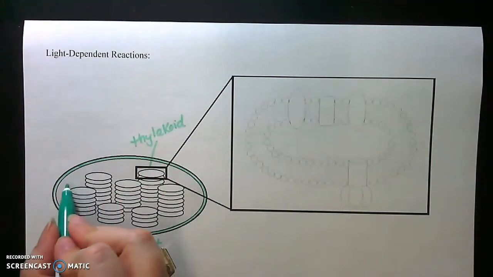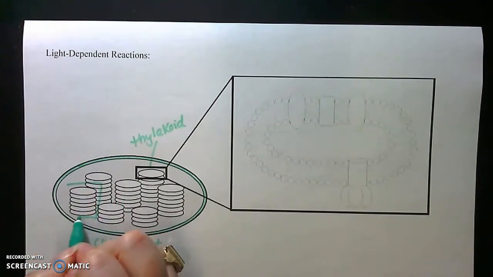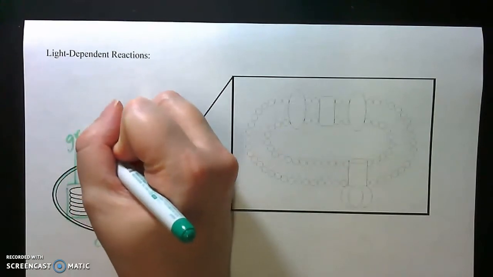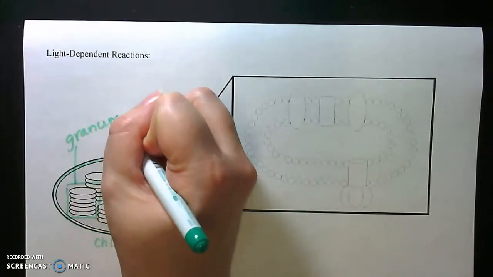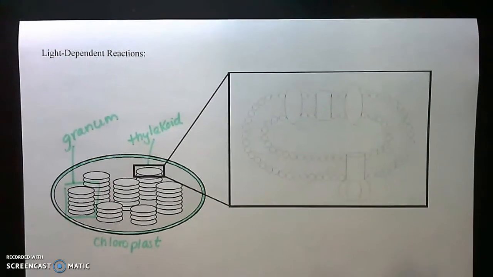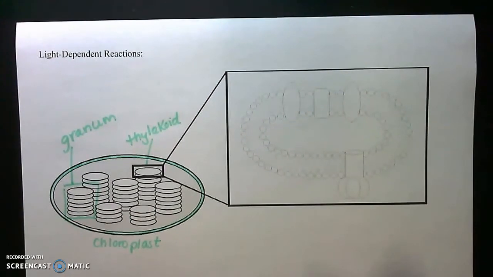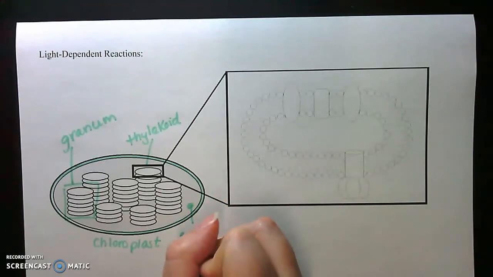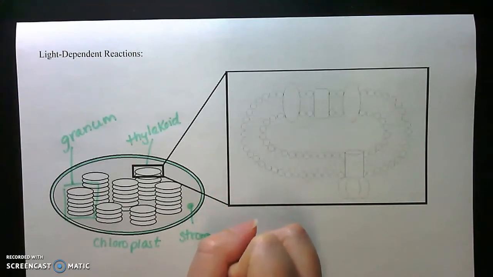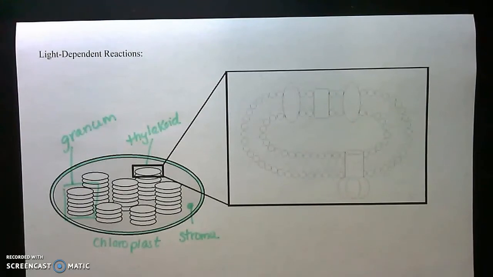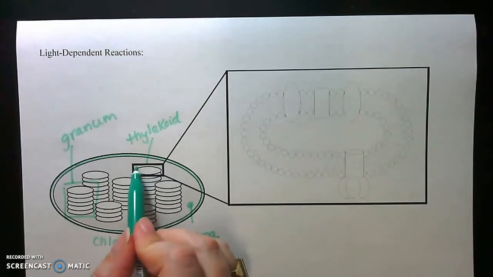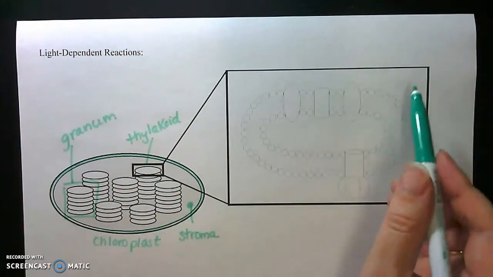and the entire stack of thylakoids has its own term, and that is called a granum, or grana would be the plural form. Now also we have this inner fluid called the stroma. So those are the parts of the chloroplast itself. The part that we're particularly interested in is this thylakoid, which is inside of the box here, and you can